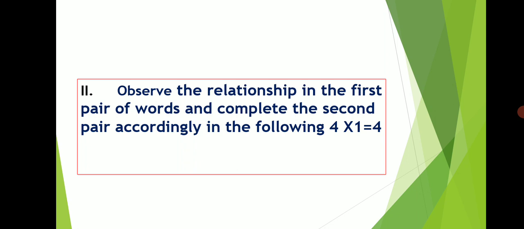Observe the relationship. The first pair will be given to you, for example if they give rhyming words, pass and grass. The next pair also will be rhyming words, but you have to find out the rhyming word of the given word and write it. That is called observe the relationship of the first pair and complete the second pair. As I told you, it is based on vocabulary, and vocabulary is like an ocean. They may ask you